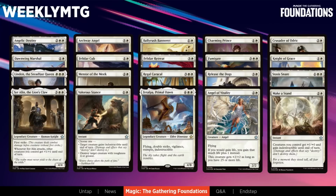This is one where I brought it up even when I was getting hired, in my interview, where they're like, well, what's a card you wish was always standard legal? And it's Valorous Stance. Yeah. It's just great. It does what you need a card to do. Exactly. I also like that there are some things in here that I tried to slip in that kind of